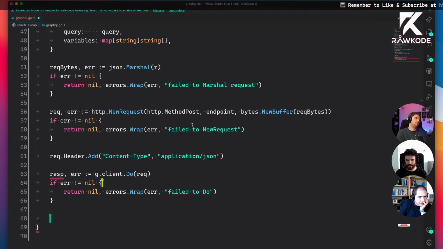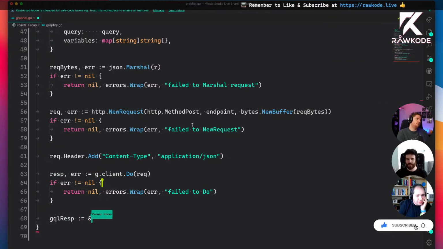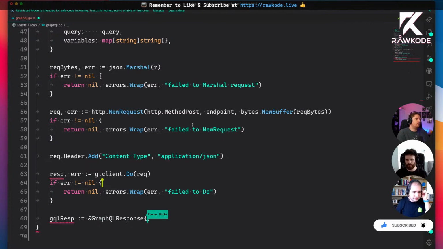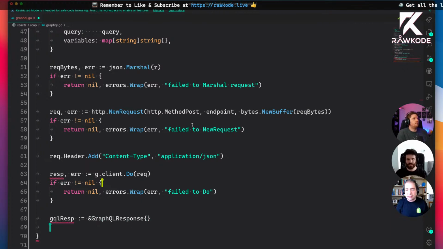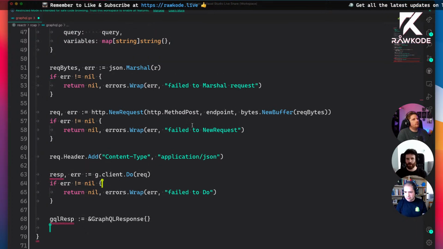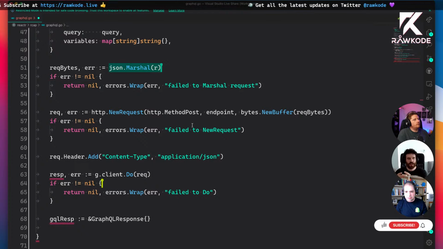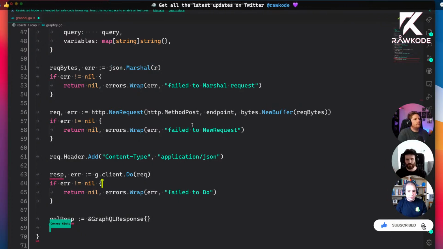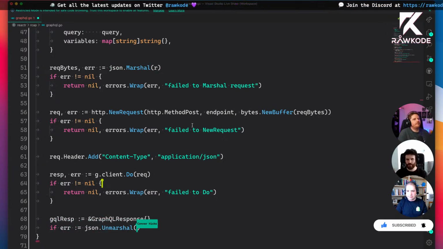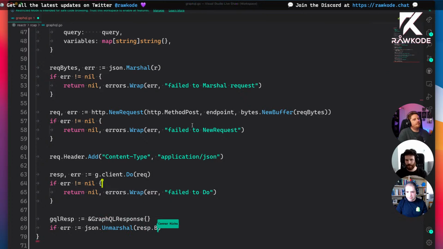So we're going to create, we'll call it GQL response, and it is going to be a GraphQL response object. Then we're going to use that same JSON package as before, but instead of Marshal, which takes a struct and turns it into JSON, we're going to do the opposite. We're going to use Unmarshal, which takes JSON and turns it into a struct. So we're going to unmarshal the response.body